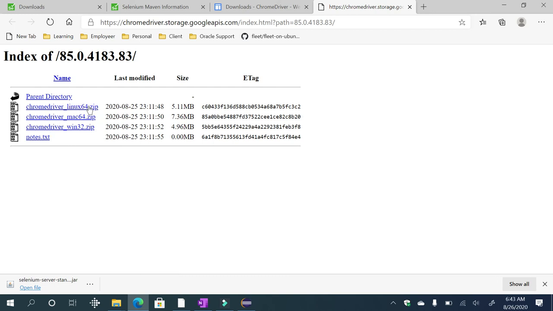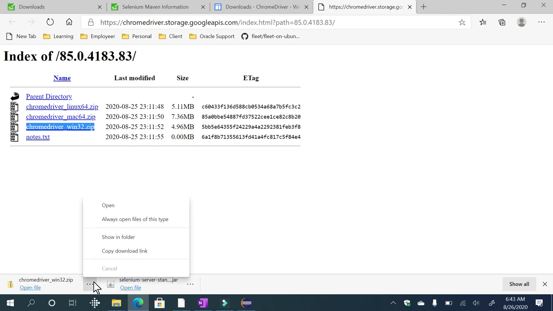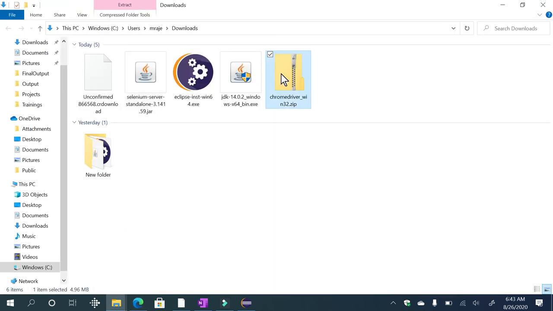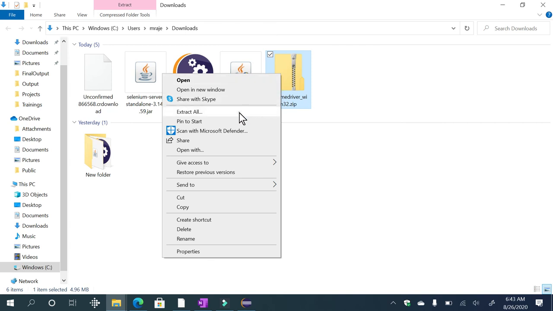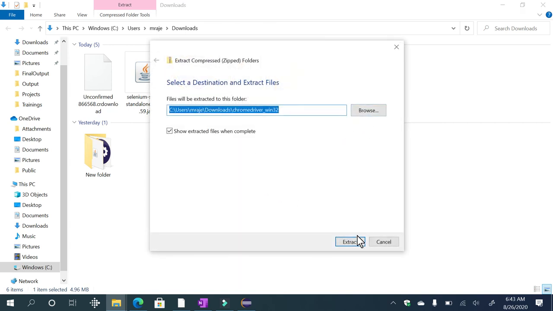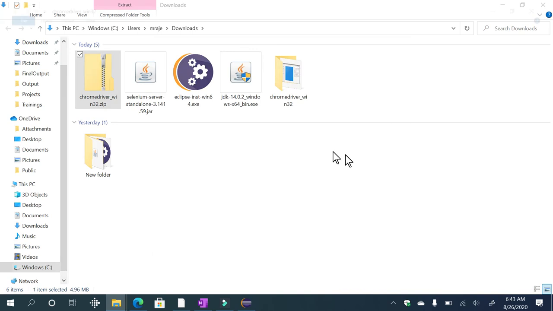As we are working on a Windows laptop, select this. You will see the Chrome driver is downloading. Show in folder, right click and extract all, extract. So you will see the chromedriver.exe.